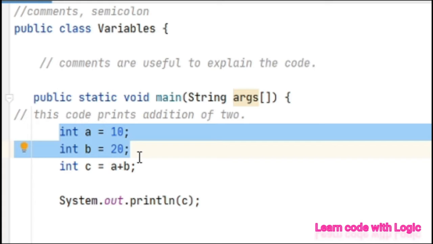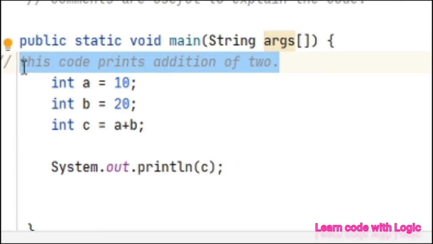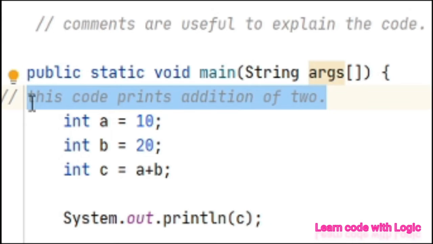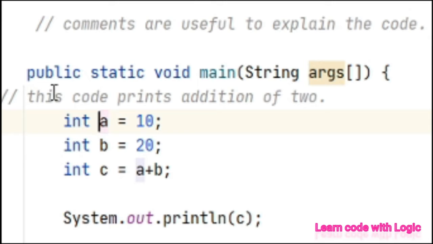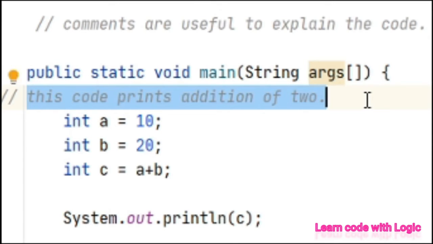What if the code is very big? Instead of looking at everything and understanding the code, if you give a comment, it's easy to understand for any viewer, because you created it, so you can easily explain the code. If someone wants to see the code or understand it, it's easy for them if you give the right comments and proper description.